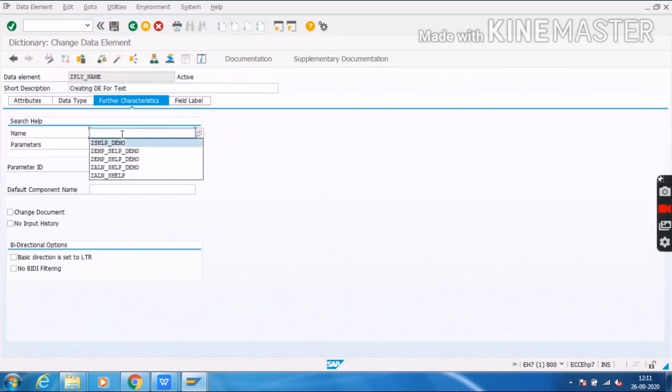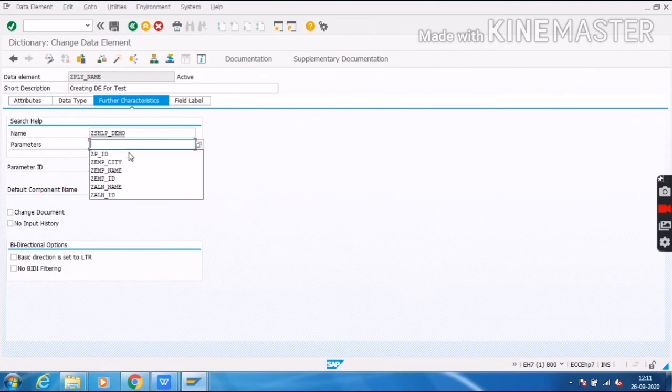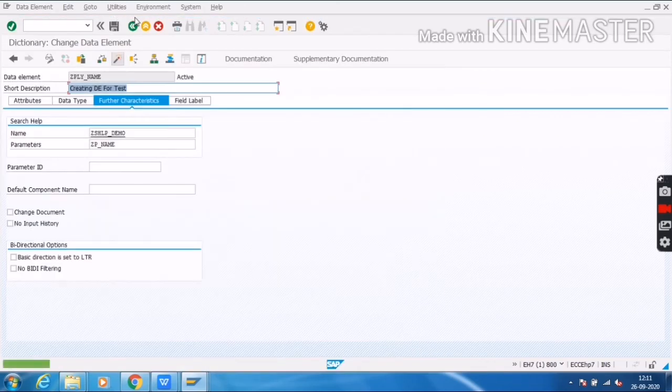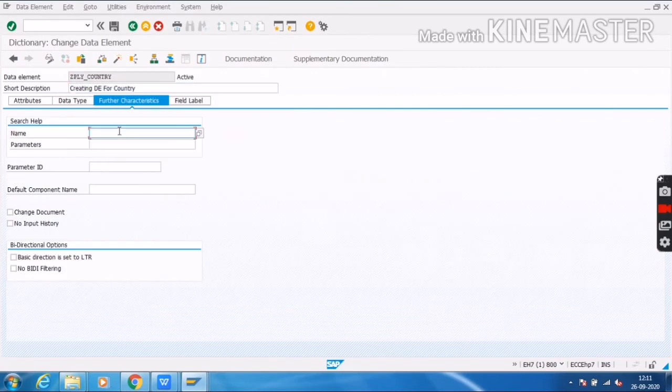Then I will go to the player name field. Here I will give the name ZP_NAME, click save, and activate my data element. Then I will click back and go to the player country field.